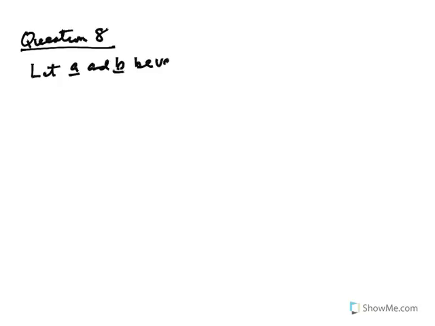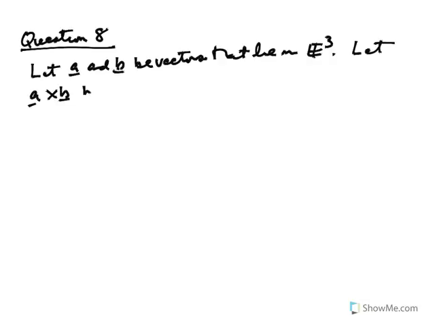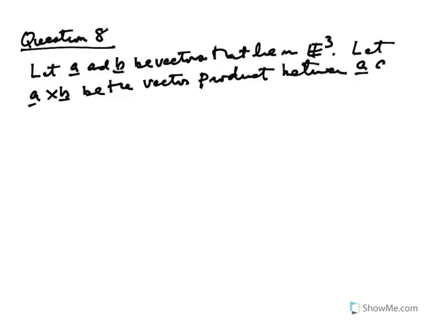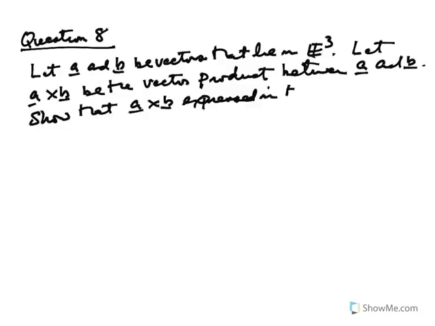And let A cross B be the vector product between A and B. And what we want to show here is that A cross B expressed in the basis E1, E2, E3, which is going to be defined as E, can be written as